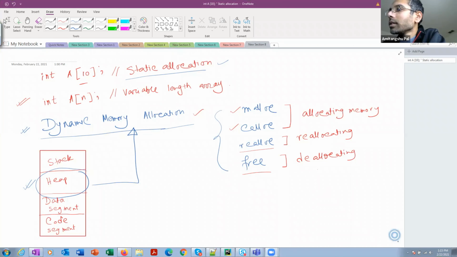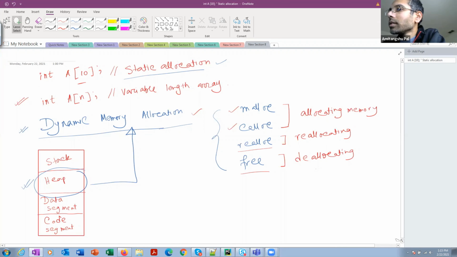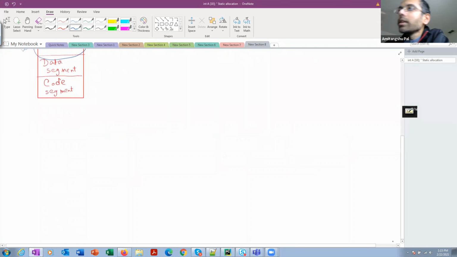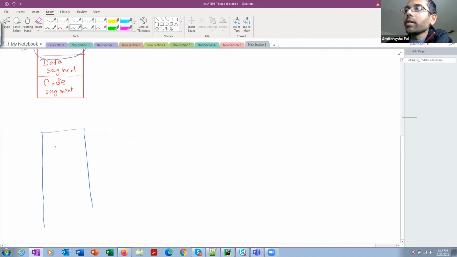So let's see what's happening in the memory space quickly. Whenever you are writing main, as I said, one stack frame will be generated inside the stack, and here you are writing integer pointer a equal to malloc or calloc something.